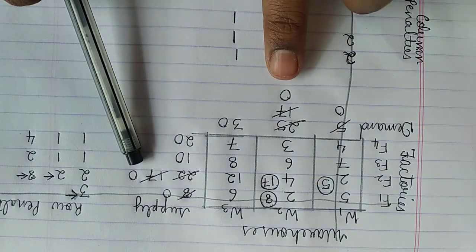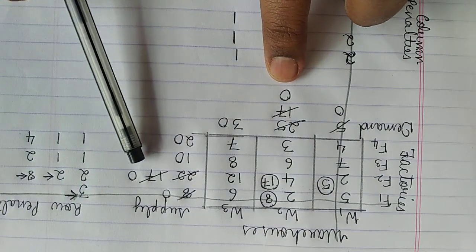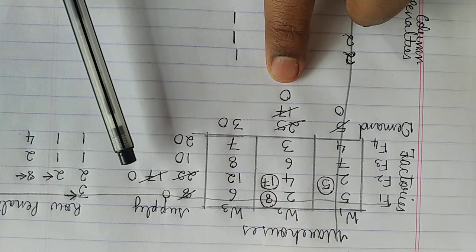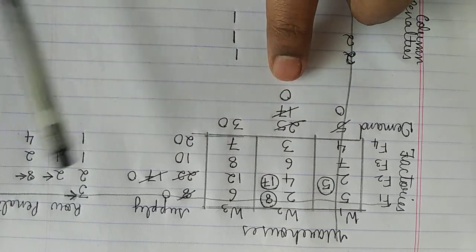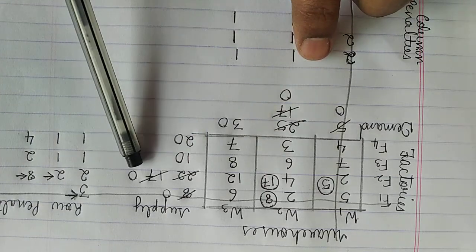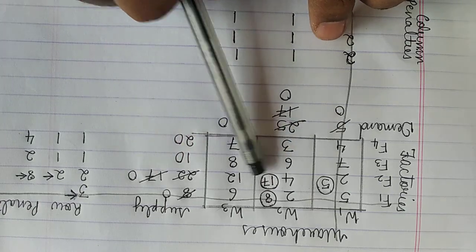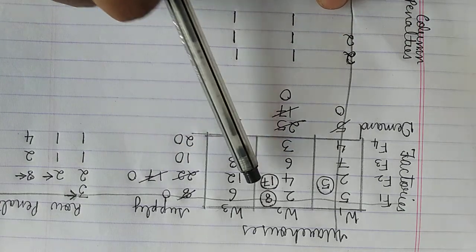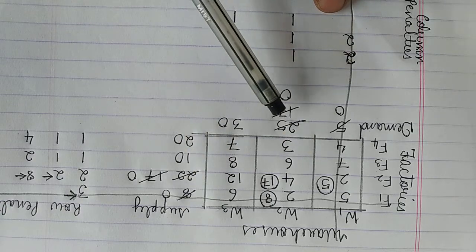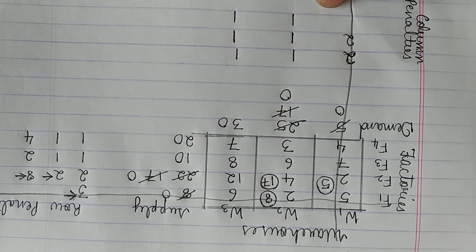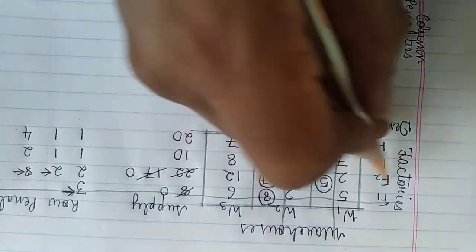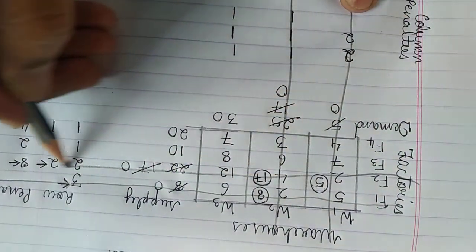Don't forget to cancel both supply and demand. Many students forget to cancel both; they cancel either supply or demand. But see here, when you are giving 17, that means supply side 17 will be less. That means from the factory it has gone. So how many are remaining? 17. It will be less. And it has reached the warehouse, that is the godown. So there 17 will be more. So their demand has decreased there. So both things you have to take into consideration. In this case, both have become 0. So I'm cancelling both supply and demand.